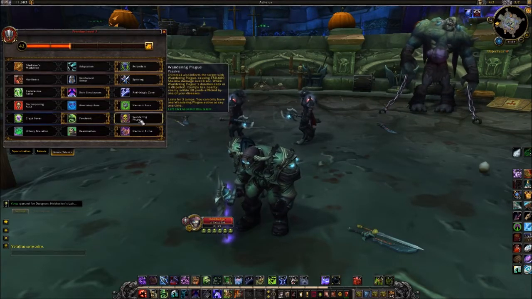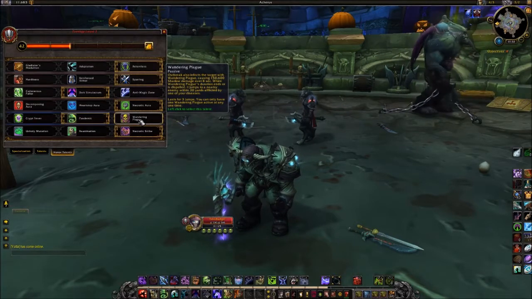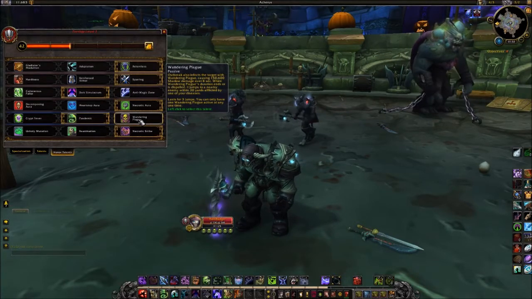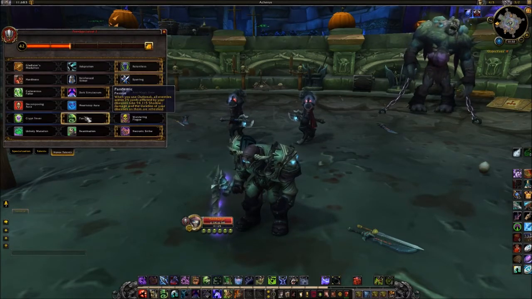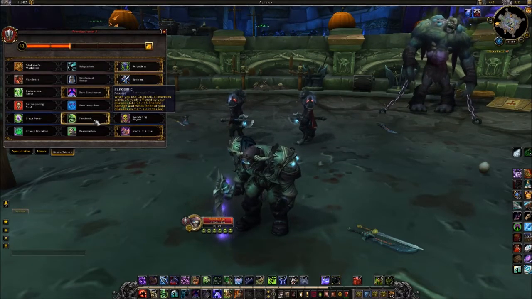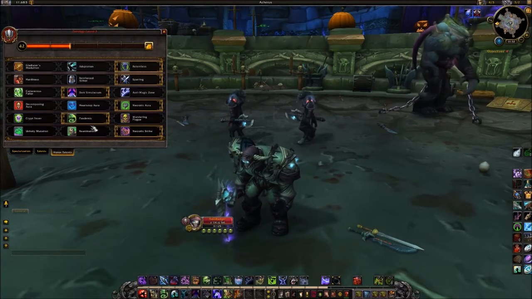Wandering Plague, I don't think this works very well. It's not my cup of tea. I haven't seen much use for it. So I wouldn't go with that. I think Pandemic, with what we're doing here with the Pandemic build or the Black Death build, is going to be your choice. And then for the last one, again, this is